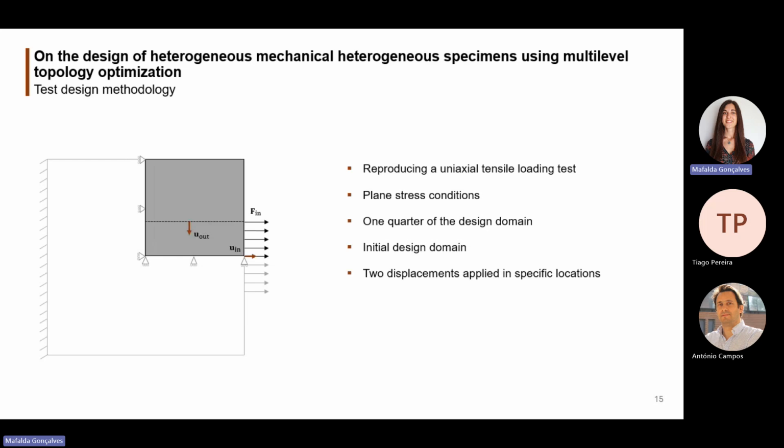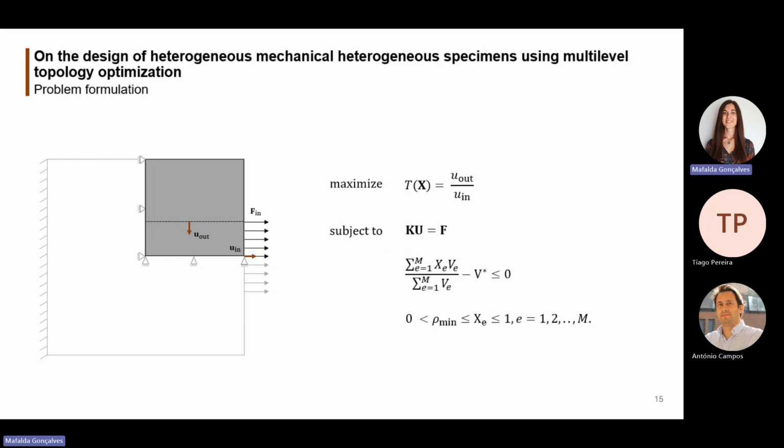Two displacements are applied in specific locations of the specimen, an input and an output location. The displacement in the input location provides stiffness to the specimen and corresponds to the displacement of the grips, and the displacement in the output location is responsible for the way that the specimen deforms. It can be applied in different directions and different locations, preferentially far from the specimen boundaries. In the optimization process, the main goal is to maximize the heterogeneity in the displacement field. So we try to maximize the displacement in the output location, always ensuring the equilibrium of the system and also the volume constraints